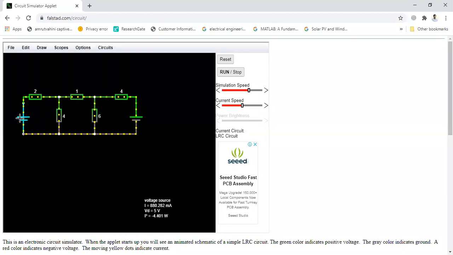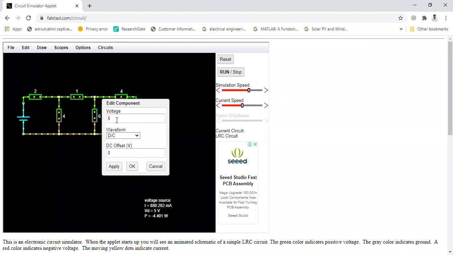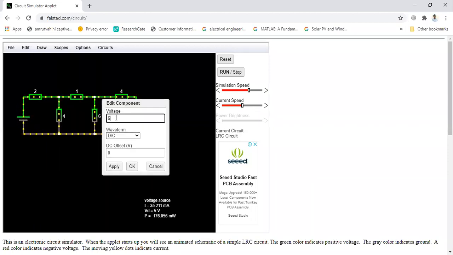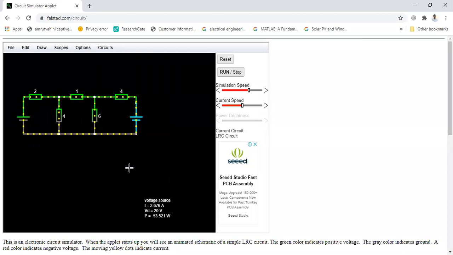Now we have to change the voltage. This one is 10 volt, and this voltage source is 20 volts. Now what is the value we have to check? That is the current flowing through the 6 ohm resistor.